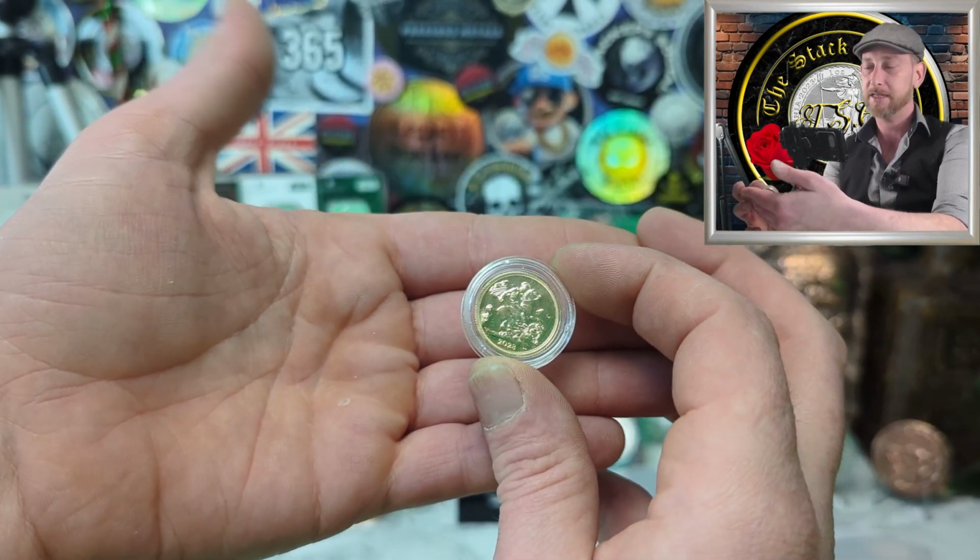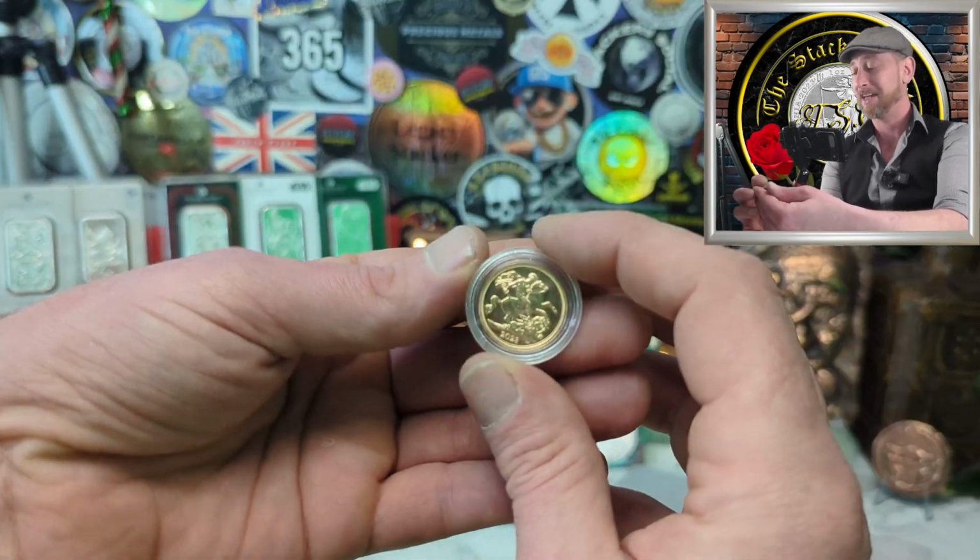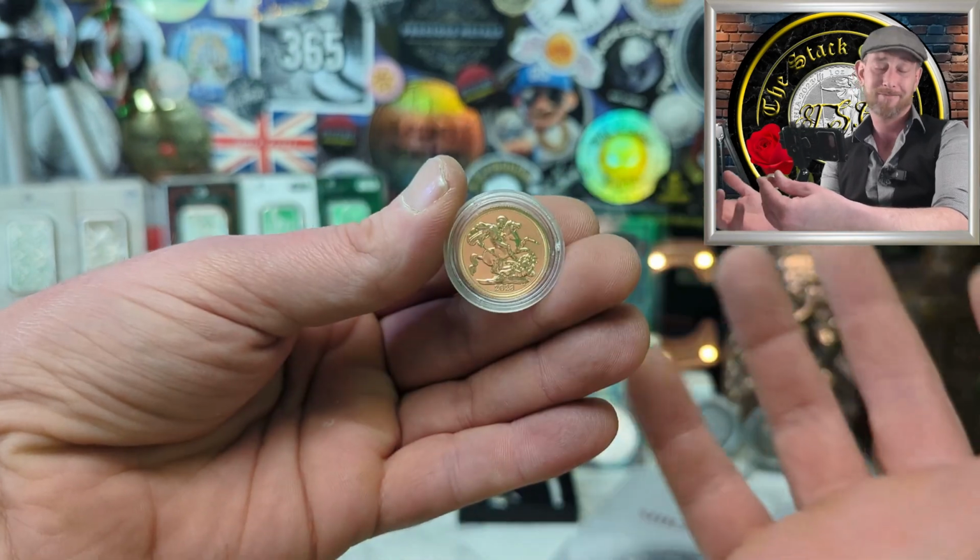It's gone up so much. It's gone through the roof. It's shot the moon. Let's be honest, gold has shot the moon over the last year or so. It really has. But I generally think it's going to